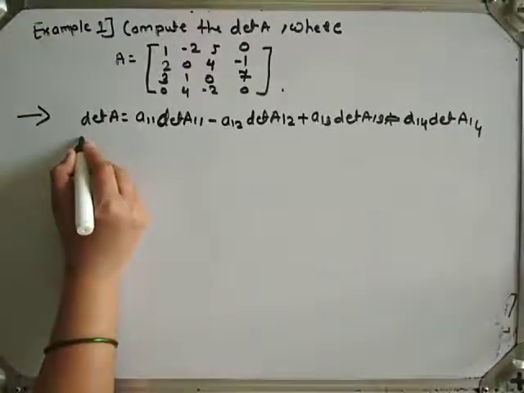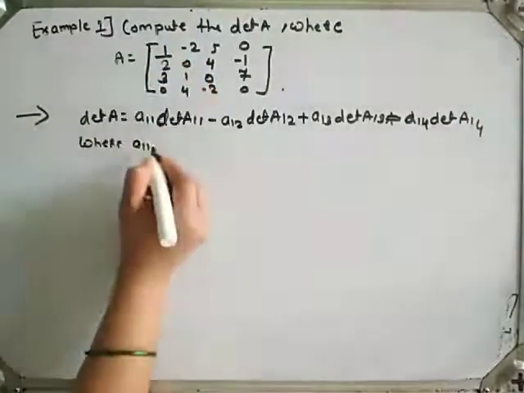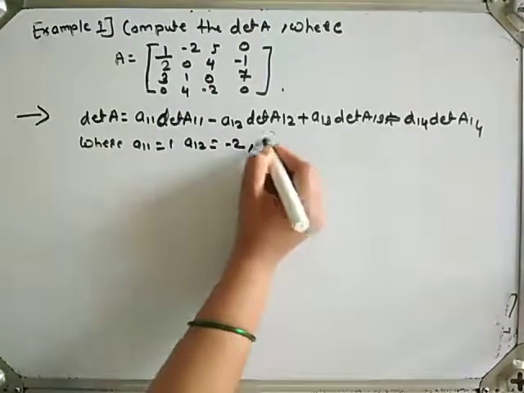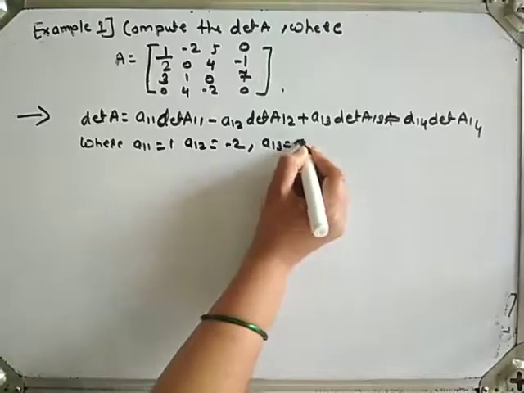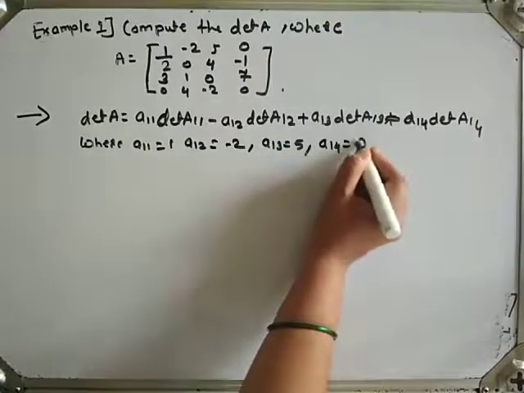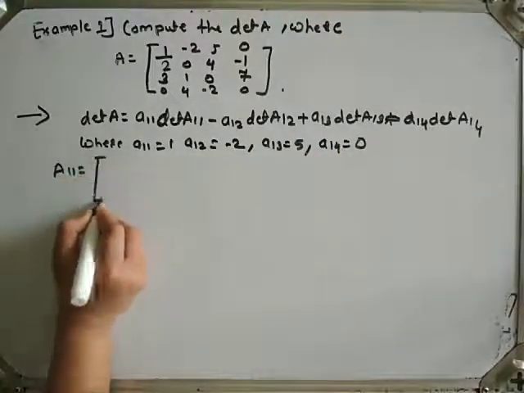Okay, where a11 is equal to 1, a12 is equal to -2, a13 is equal to 5, a14 is equal to 0. Capital A11 is equal to the matrix